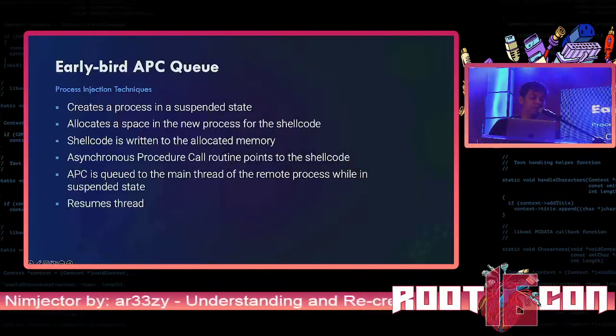Next, it's Early Bird APC queue. Somehow it's similar to process hollowing since it starts with a suspended process, but still the methodology, or the setup where you put the shellcode, is a bit different. So first,